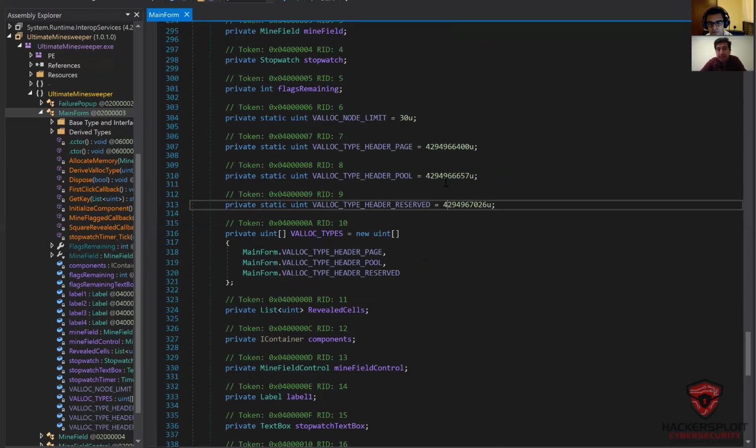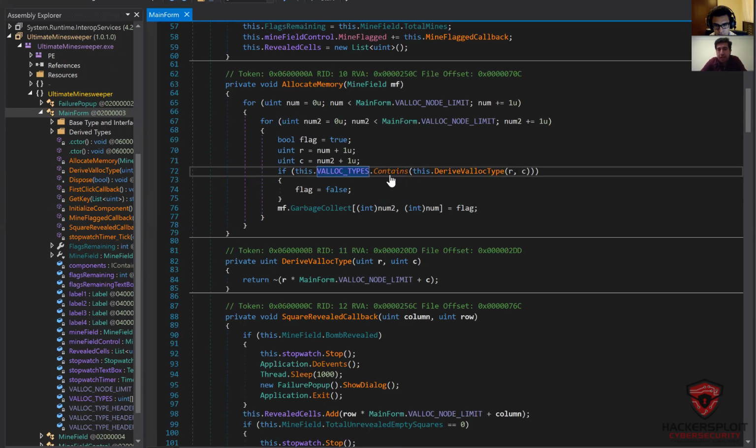And we can see here they are very big numbers. What are these numbers again? Okay, this is the number. And then if this contains this drive valloc type, what is this function? So it takes the row, the column, it does some mathematics: it multiplies the row by 30 plus column, and then this is, I think, the value of this